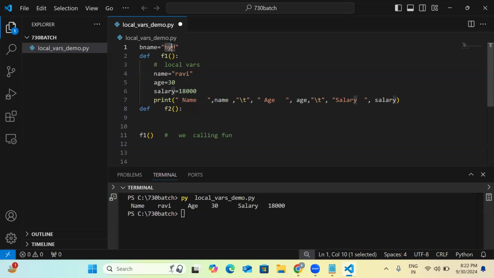Outside the functions I have created one variable, and the variable is going to become global. Now let us see that the same variable can be accessed by any function. It may be F1 or F2 or F3 or F4, F5. What I'm trying to say, guys, is that these are the local objects here. Local objects are accessed by only the F1 function. The F2 function cannot access name, age, salary objects because these are the local